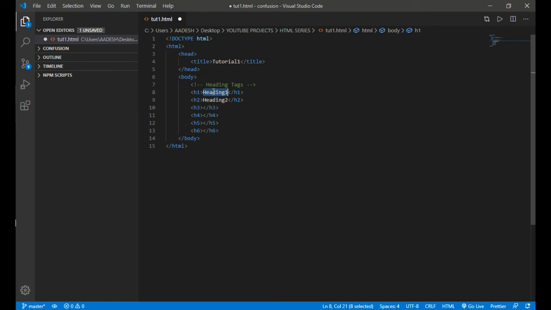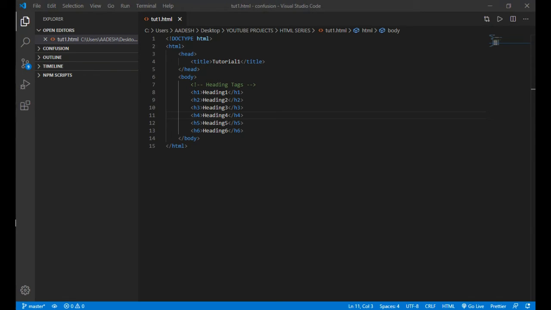Okay, so let me fill in the text in between those tags so that we can check out the result afterwards. h4 heading 4, then inside h5 heading 5, then inside h6 there is heading 6. Okay, so now just save the document, and yes, we will check out the result.